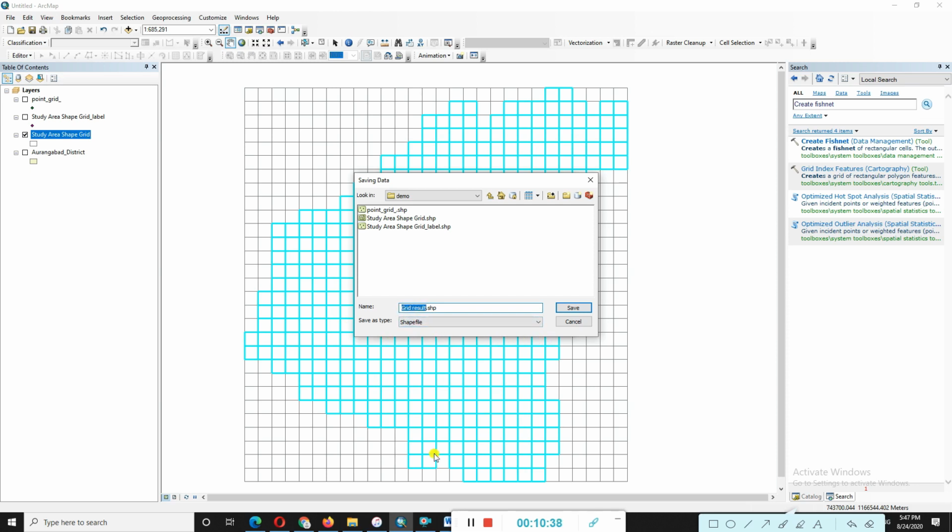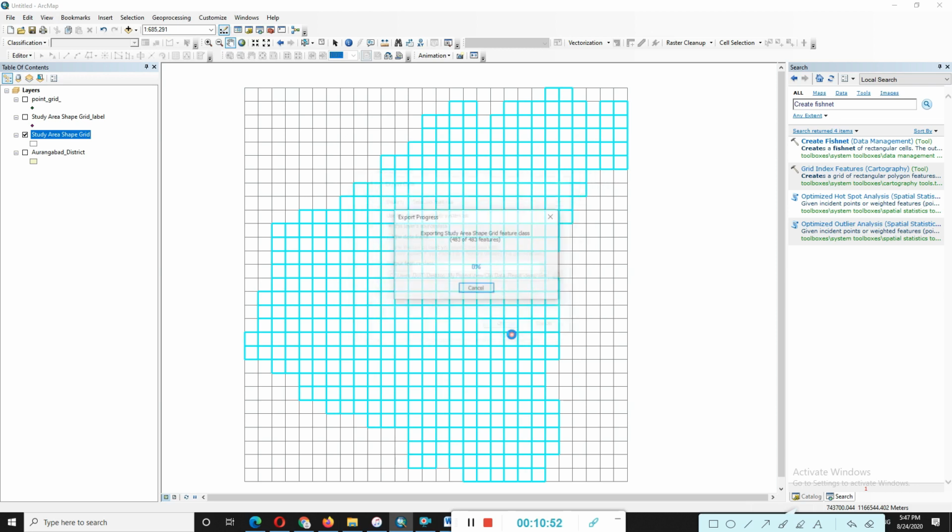Give the box grid only. Okay, once again by default select the file and personal geodatabase feature classes, so we select here the shape files and save.